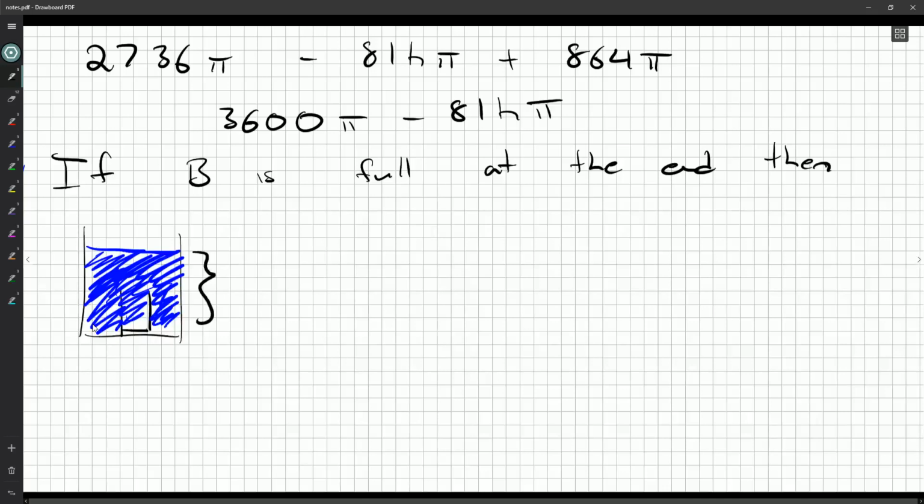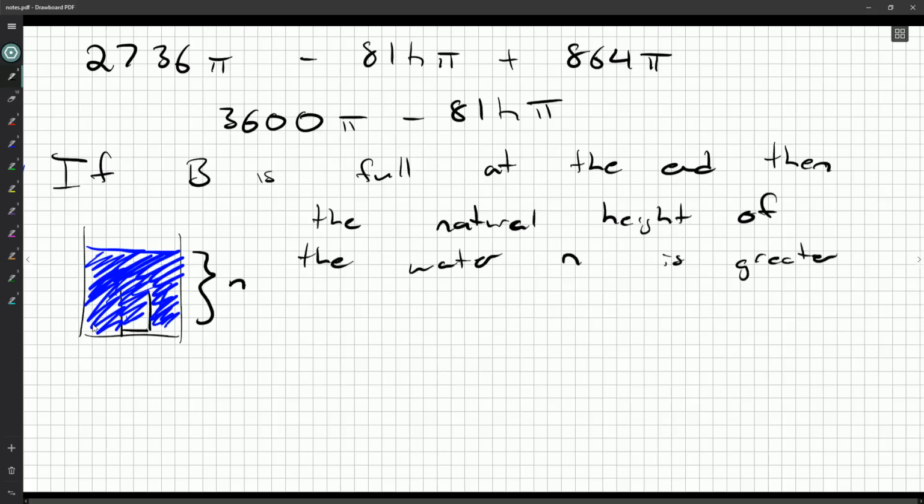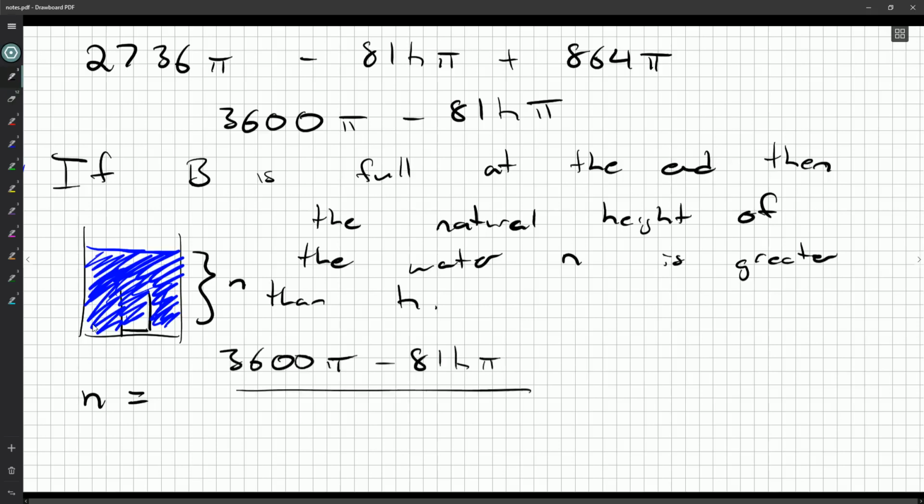Then this height of the water, I don't know, we'll call this N. The natural height of the water. I want to be specific here as to what I mean. N is greater than, so let me just finish off my thought, H. So N is, I'm specifically saying this is 3,600 minus 81H over pi divided by,